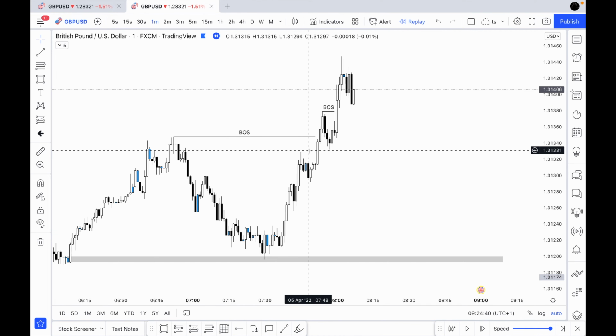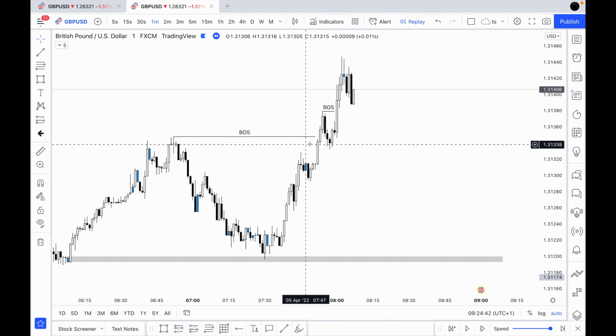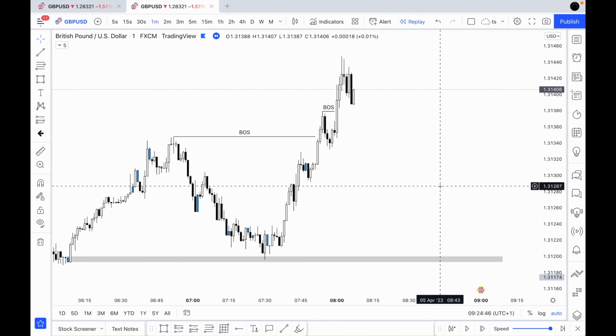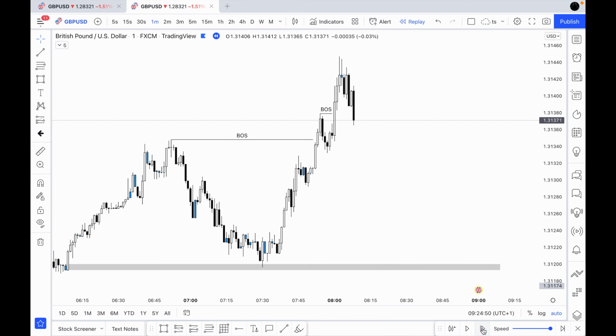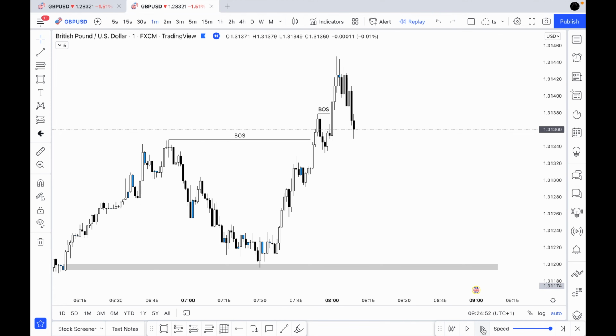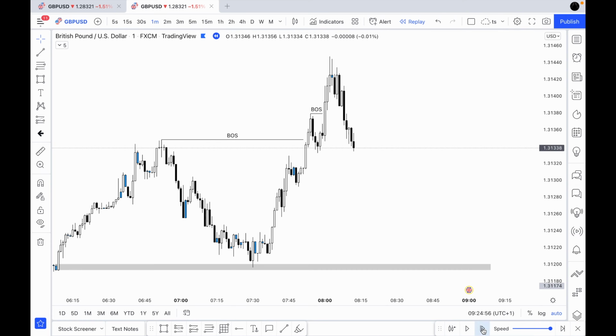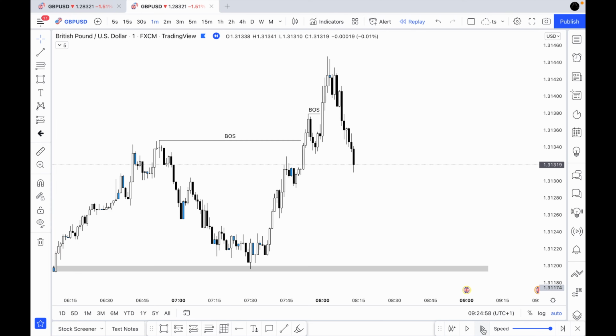Okay, and then obviously we've got this smaller high within this area, but we'll focus more on this break of structure just there. So let's advance price forward a bit more. Okay, so we're now getting a little bit of bearish pressure coming in now. Right, so at this point we've had this break of structure. This zone here, we've got this demand zone.